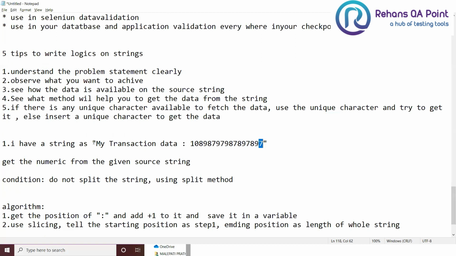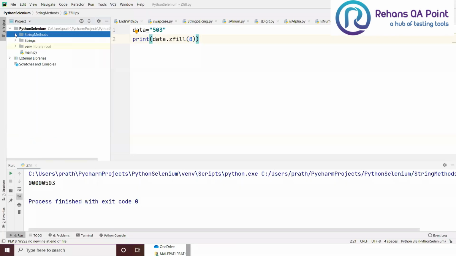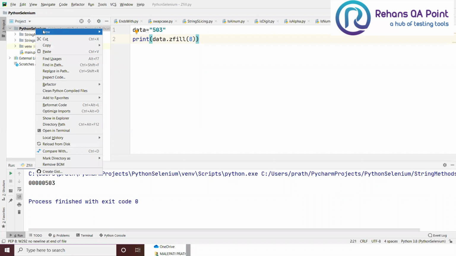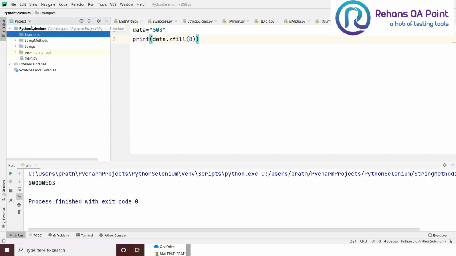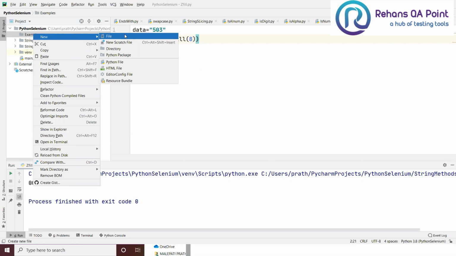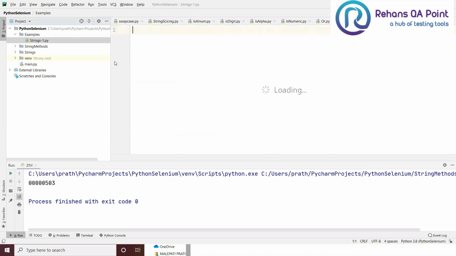So let me take the same string here. Let me go to my strings here. I'm going to create a new package and make it as examples. Now let me create a new Python file called string concept 1.